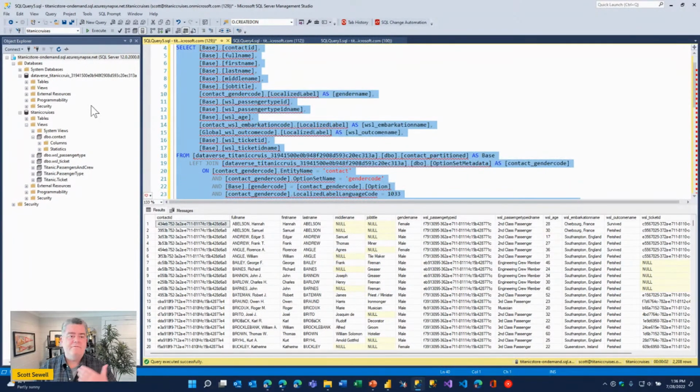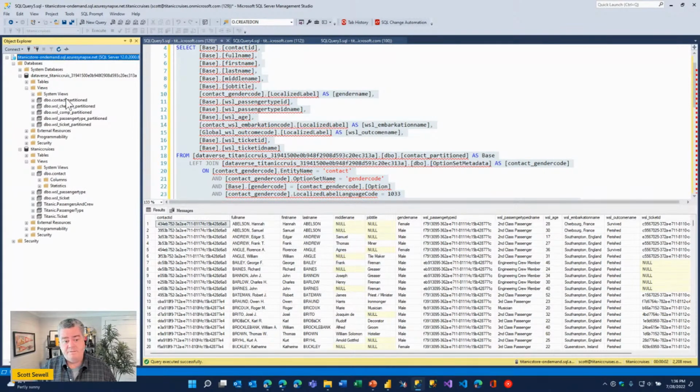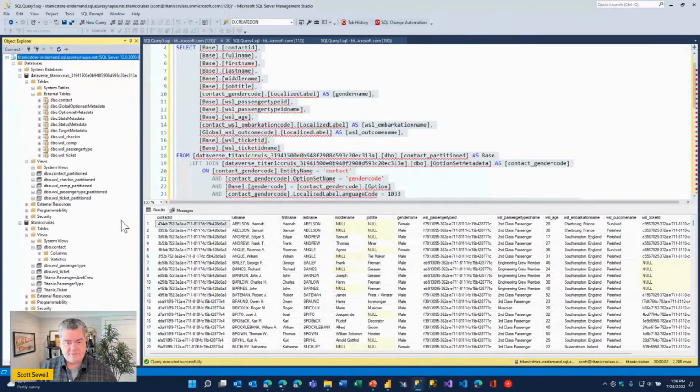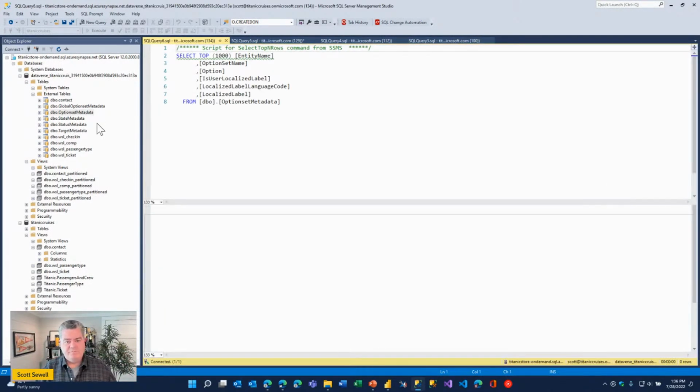And that is really that feature that I mentioned earlier that is a new feature that's available. And it's the, let's point it to here, my tables. And that is because we now have the metadata tables in the base fact table. So global option set metadata, option set metadata. If I do a select on that, you'll see what this looks like. And it's just those correlations between both the